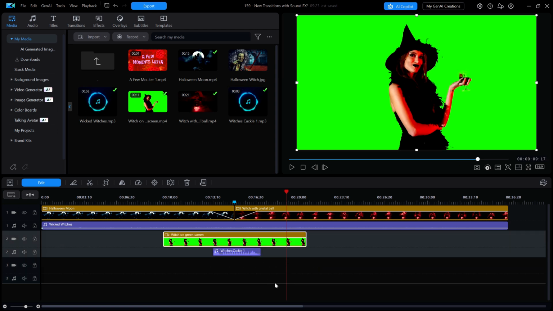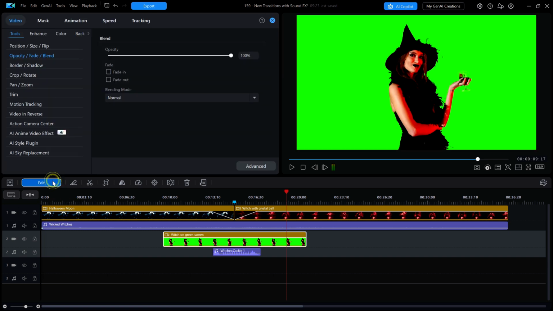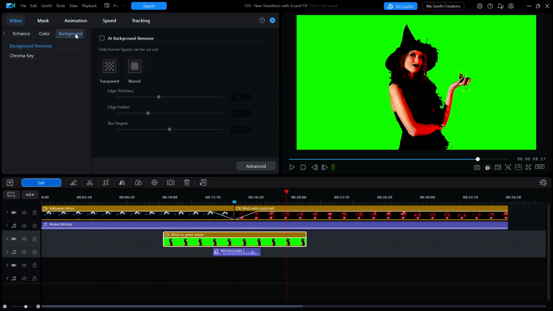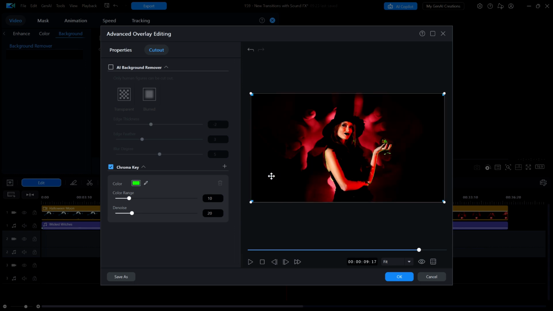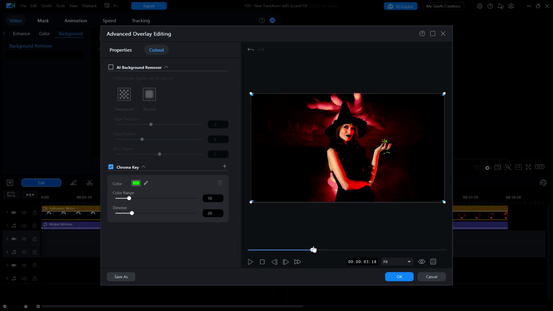It has a green screen background, which I'm going to set to transparent mode by hitting Edit, then the Video tab, and then Background, and finally the Chroma Key tool. I'll click on the eyedropper and select anywhere on the green screen. Magically, the other video shows through in the background, but there still is some green fringe showing around her arms